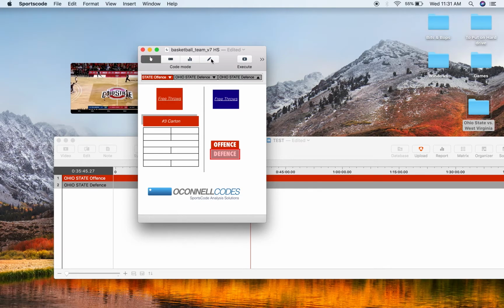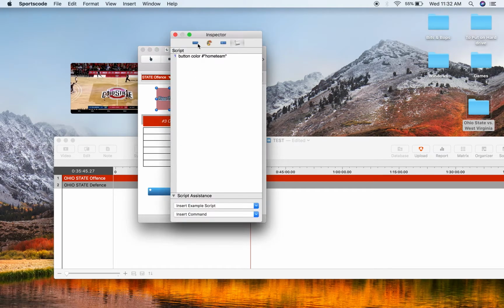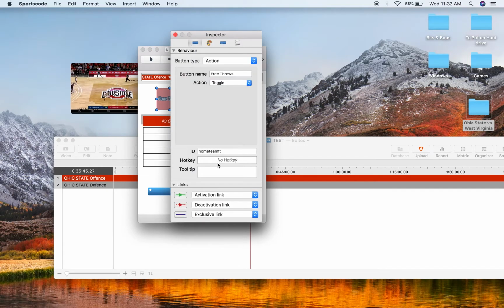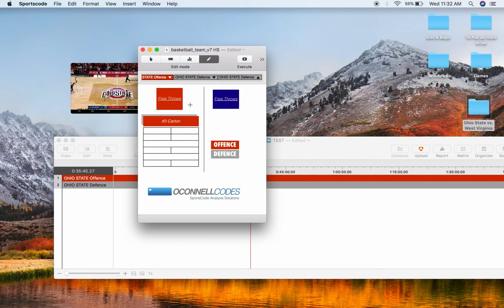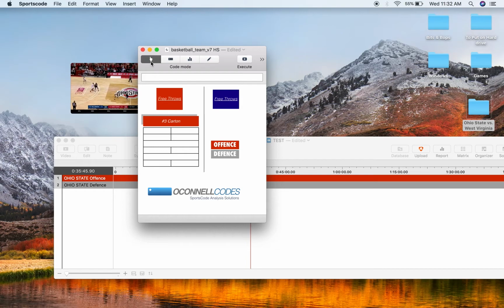Now, when there is a free throw opportunity, I've got a giant toggle button that just says free throws. There's nothing special about this button. The scripting is just the button color, and it's got a button ID of home team free throw. That's important, but that's the only thing about this button. It's otherwise a normal toggle button. Now, when I press this button,